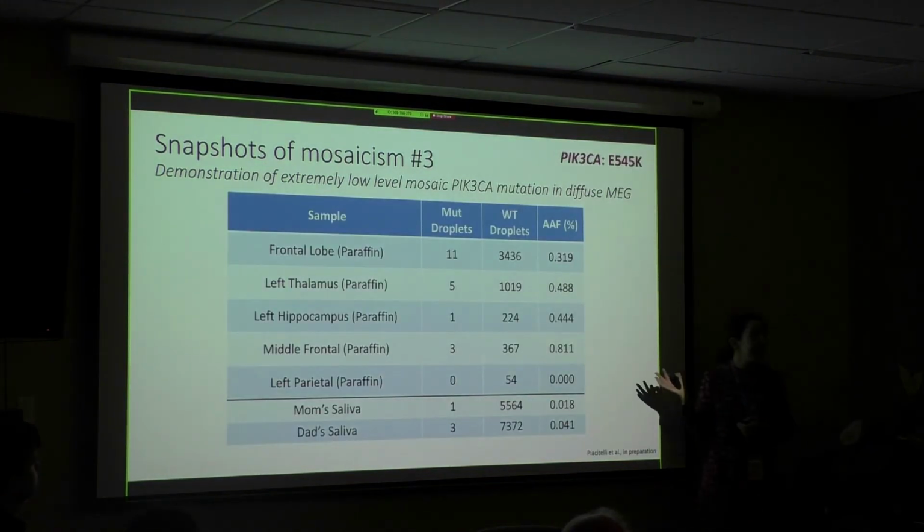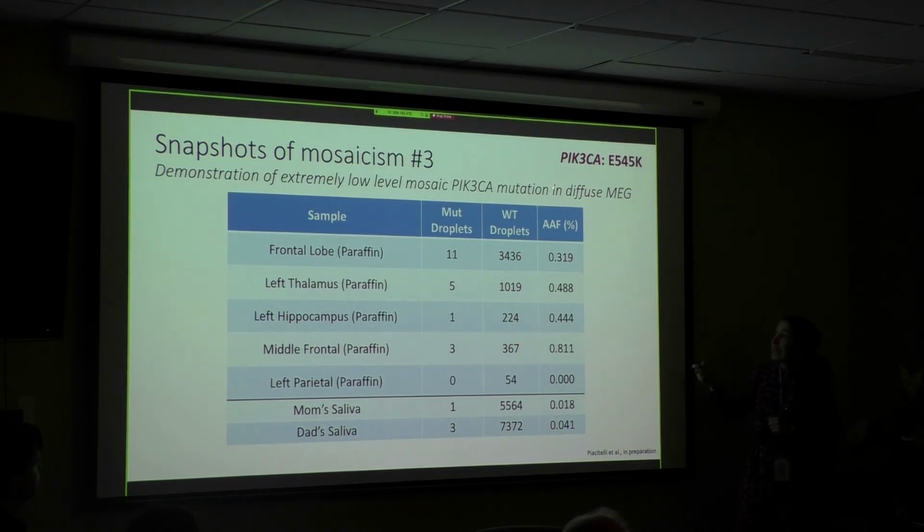So when we started this ddPCR experiment, we decided to throw his samples in there, and lo and behold, we found the same PIK3CA mutation that I showed you earlier. And this is what's interesting. We had a few paraffin-embedded blocks, as you can see here, from these different regions. You'll notice the measly number of mutant droplets we have here, but a solid number of wild-type droplets. So essentially what this showed us is that he may have this PIK3CA mutation at a level of less than